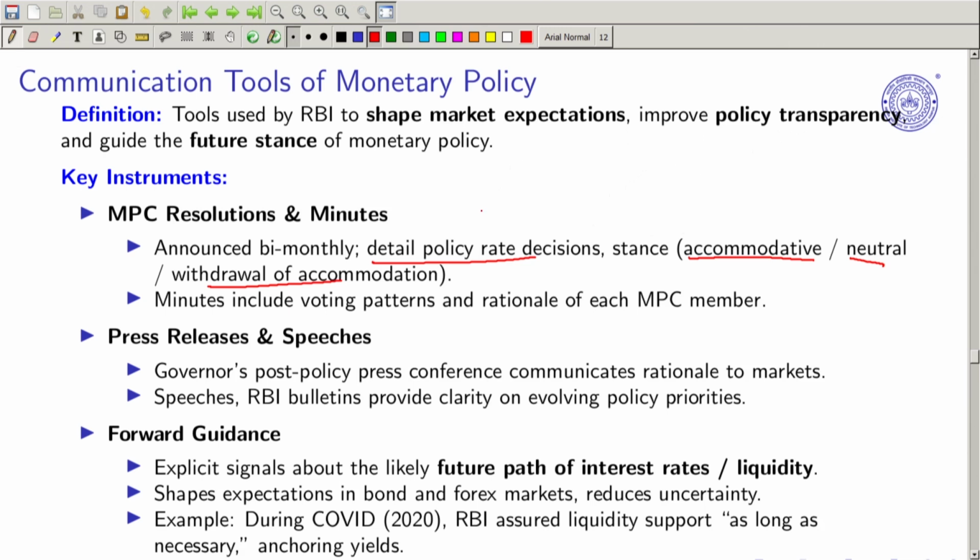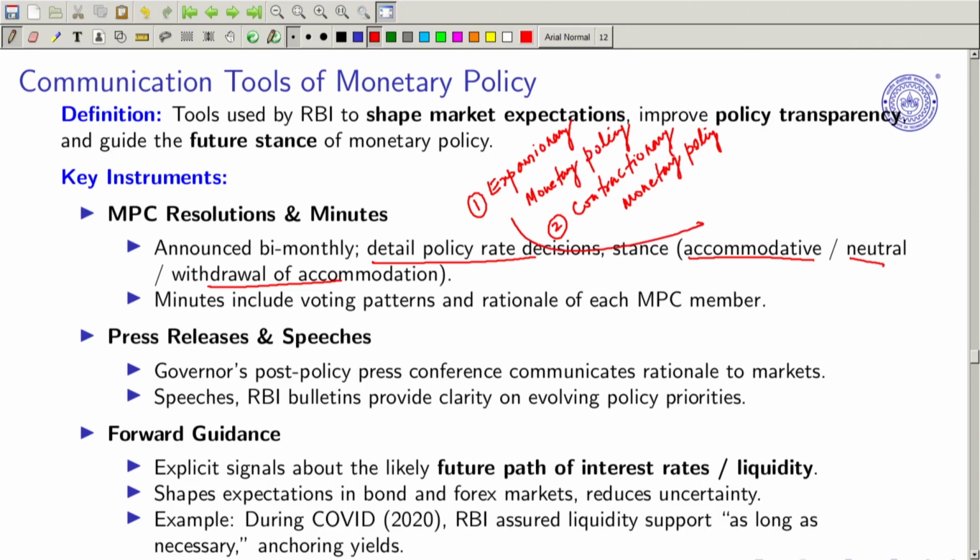Here we are going to talk about two types of monetary policy. One is called expansionary monetary policy. Second is called contractionary monetary policy. Under this, what we are trying to see is